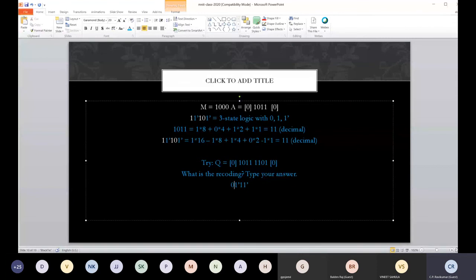Then 1 minus 1 is 0. Okay. Then we will have one more 0. Then we will have 1 and 1 bar and 1. Did I do it right?